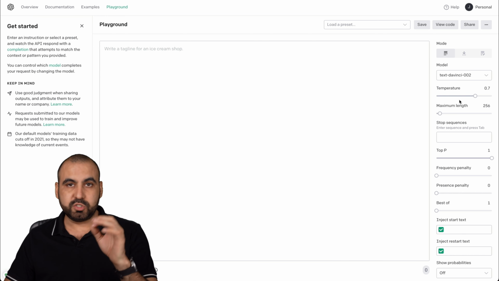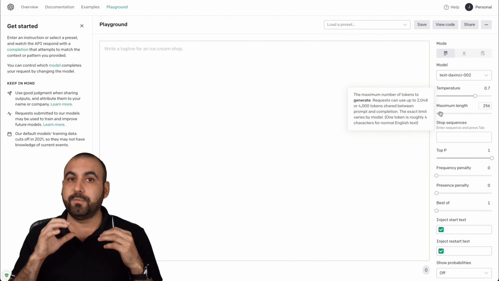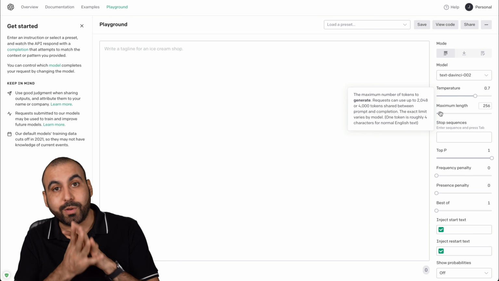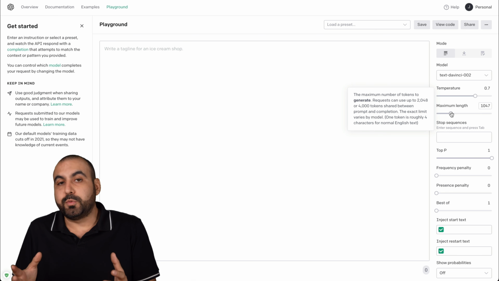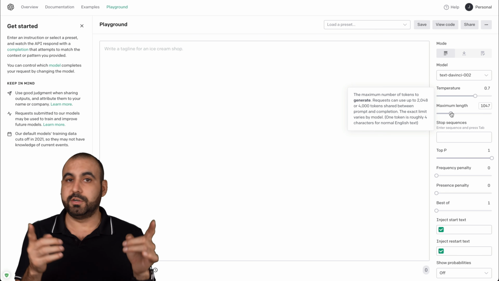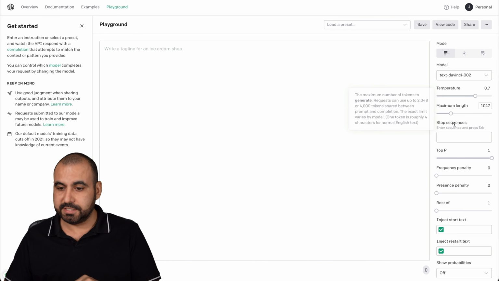I would recommend the most important settings are these. For example, maximum length, which would be the tokens. If it's going to be for writing AI blogs and you want to write something really long, you want to give it more tokens. For example, you could set it to 1,000 tokens to stop there. Now, if you want to respond to reviews or comments, which are shorter, I would suggest around 200, 300 tokens, just to give you an idea.